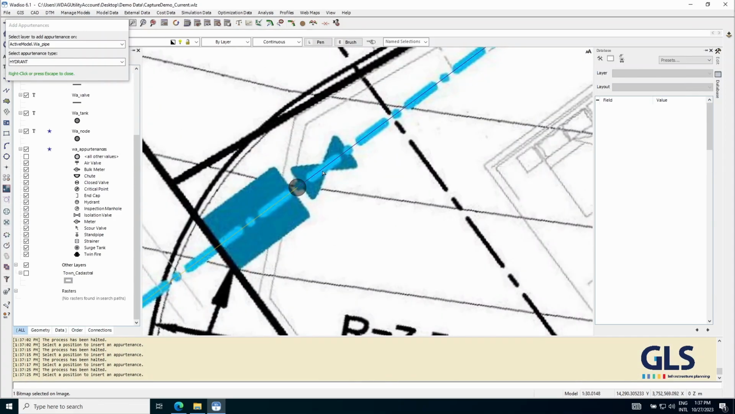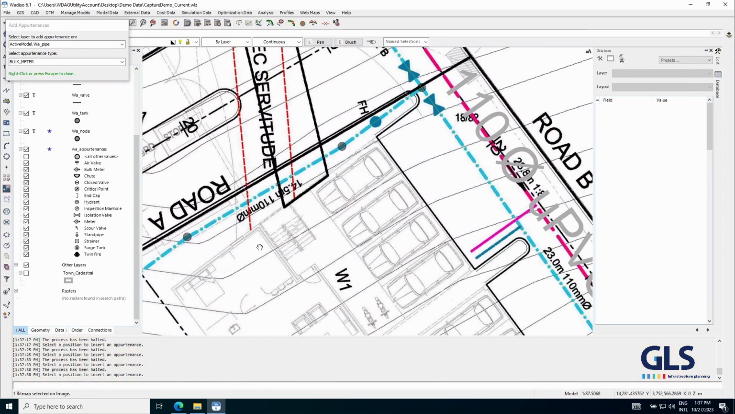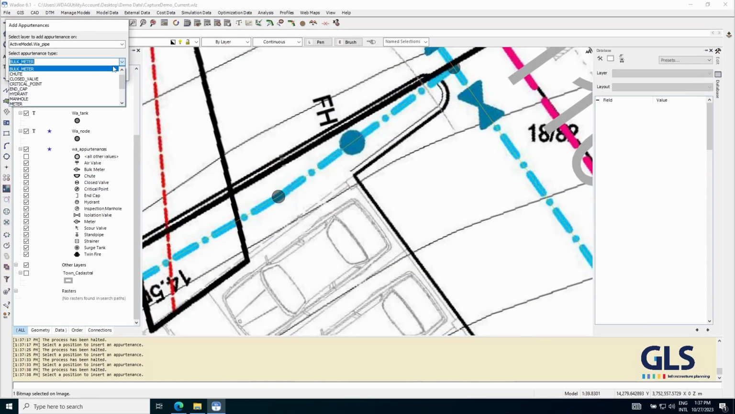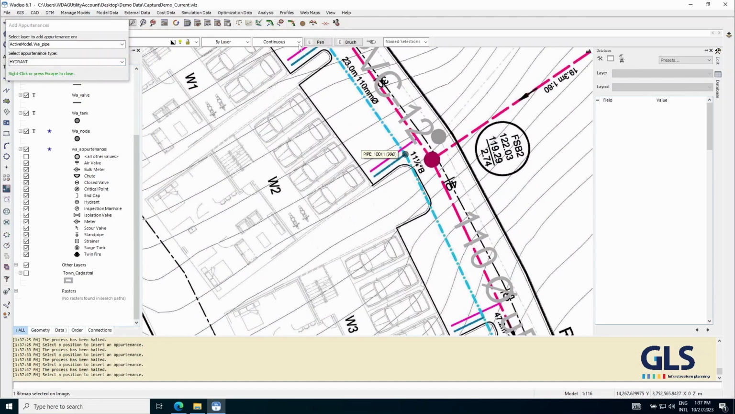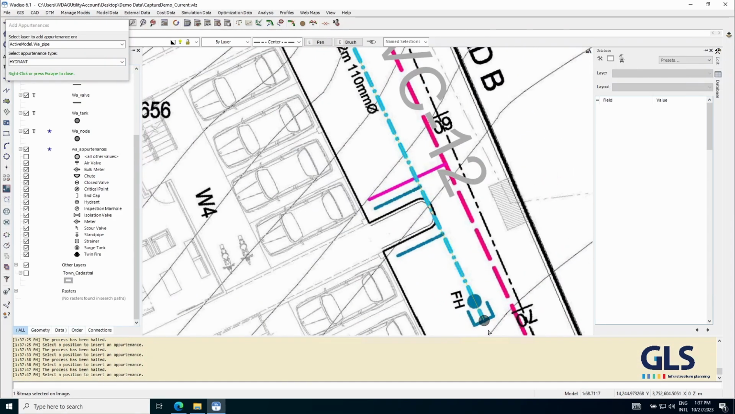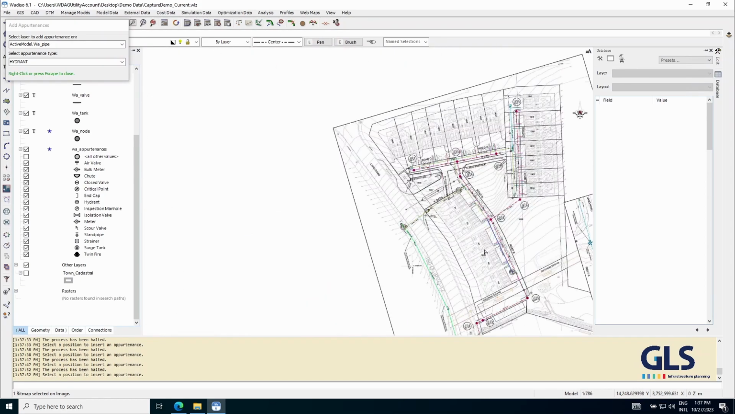You can see there, so we can change it back to a valve. This is a bulk meter. We want to indicate valve meter box. As we move along, we have another fire hydrant. We know that there are fire hydrants at the end, so I'm just going to put the fire hydrants all